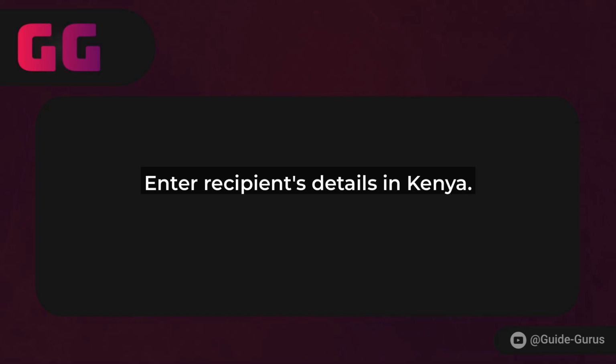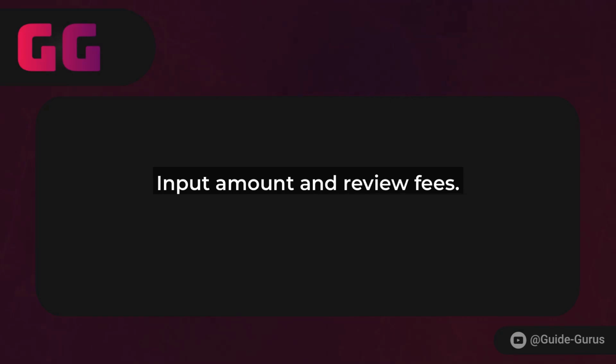Next, you'll need to add or select your funding source, like a bank account or credit card. Remember, exchange rates can fluctuate, so keep an eye on that to avoid surprises. When you're ready, enter the recipient's email or phone number linked to their PayPal account in Kenya. If they don't have one, you might need to use a service like Zoom, which is integrated with PayPal for international transfers. Input the amount you want to send, review any fees.